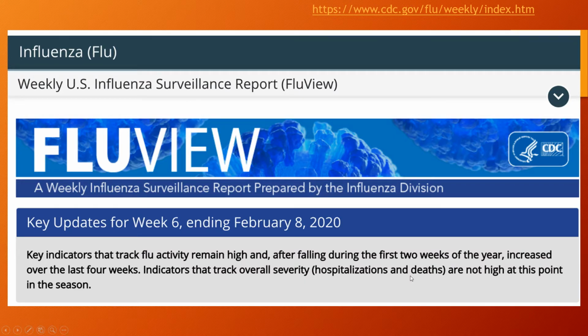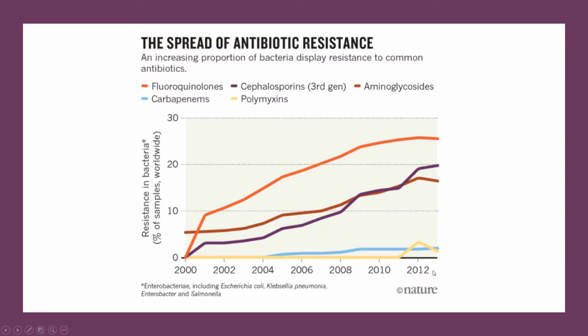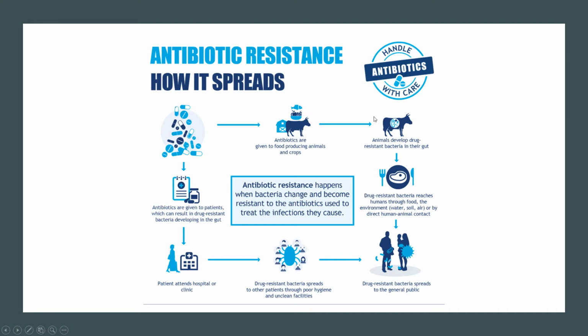Looking at flus, please get your flu shot every year. That would be really good. Antibiotic resistance is going up as people are exposed to more antibiotics when they don't need to. We also have a lot of antibiotics in our crops and our food. So antibiotics are given to both food-producing animals and crops to keep infections down. So instead of waiting for an animal to get sick and then treat it, they just treat them proactively with antibiotics, but then it gets into the food and it gets into us.